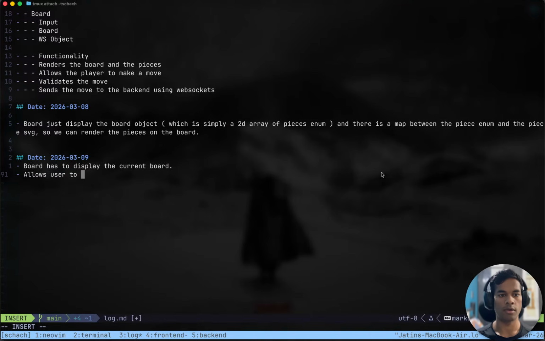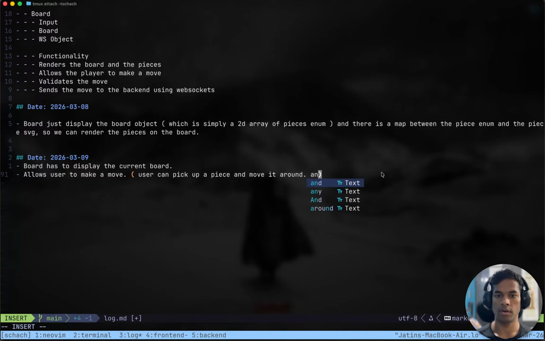Allow the user to make a move, which means that the user can pick up a piece and move it around and put the piece down.